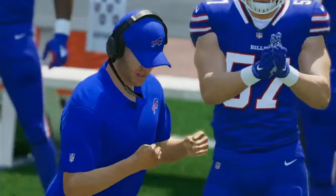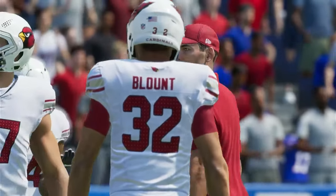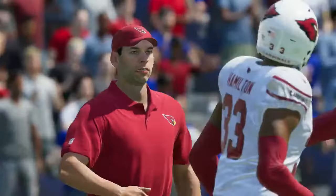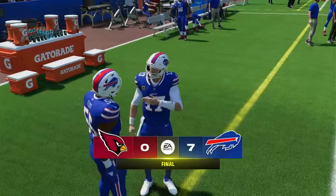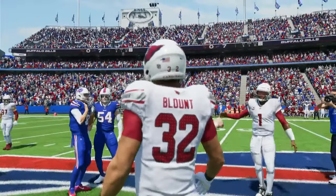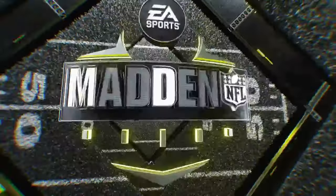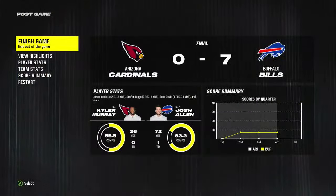So it's a victory here for the Buffalo Bills, and not all W's are created equal, CD, and this one came in shutout fashion. Well, their offense certainly didn't need to do anything, right? They could take the day off, and they did. But the defense, they carried them in a big way. Yeah, look, the offense obviously has stuff to work on, but they did enough, and the defense carried the load. But you know what they say, it's always fun